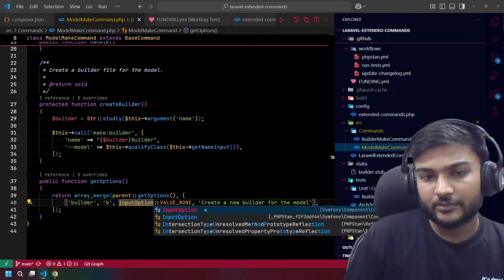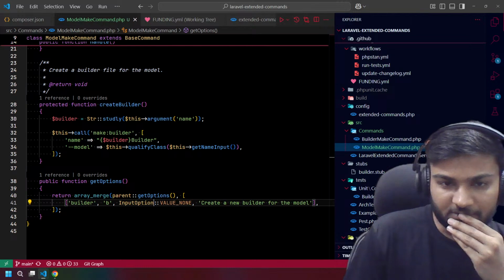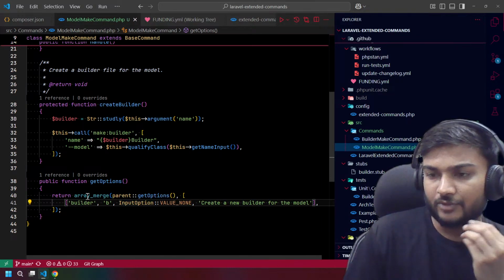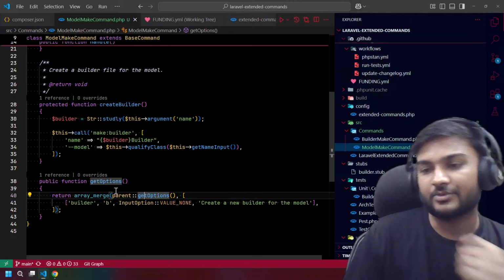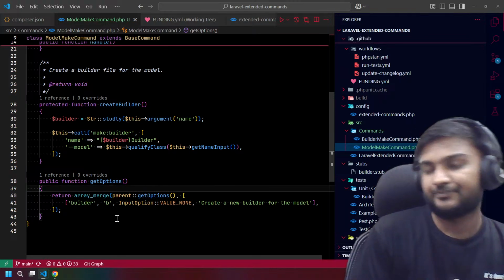It should be Symfony, I guess. So we will have an array, and we will add this builder to the parent options, and we will return it. So we will have it, right?